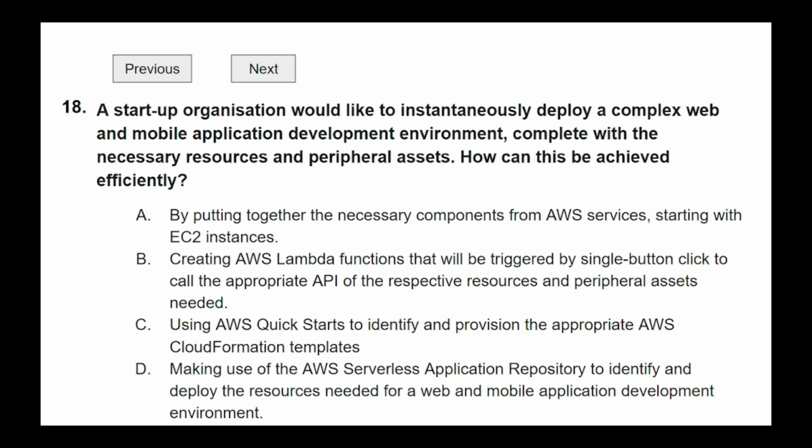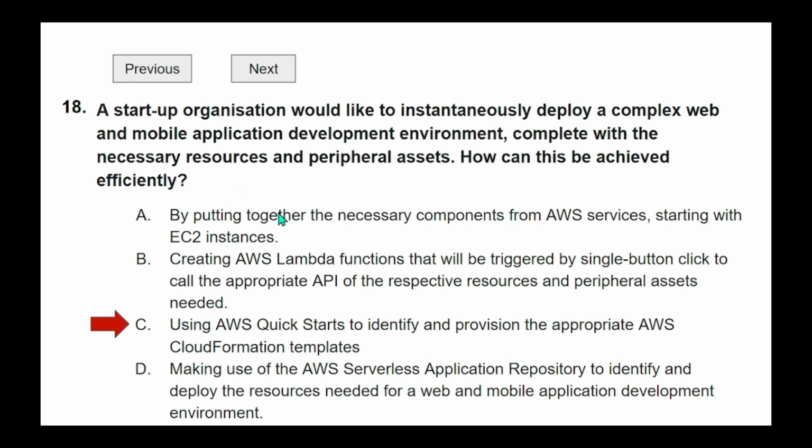Option B, creating an AWS Lambda function that will be triggered by a single button click to call the appropriate API of the respective resources and peripheral assets needed. Option C, using AWS Quick Starts to identify and provision the appropriate AWS CloudFormation templates. Option D, making use of the AWS Serverless Application Repository to identify and deploy the resources needed for a web and mobile application development environment.